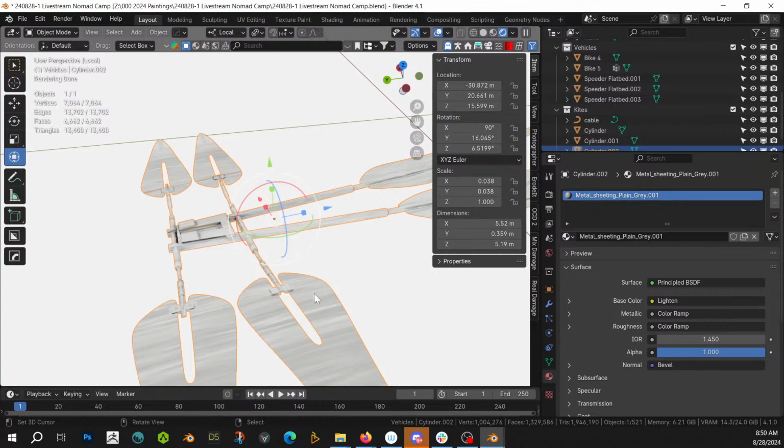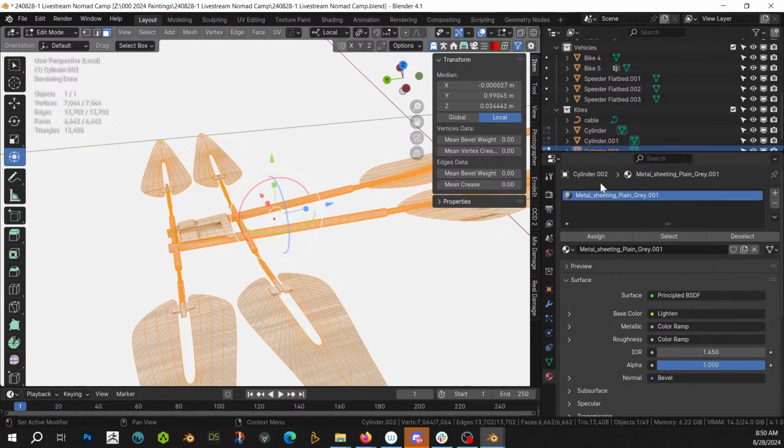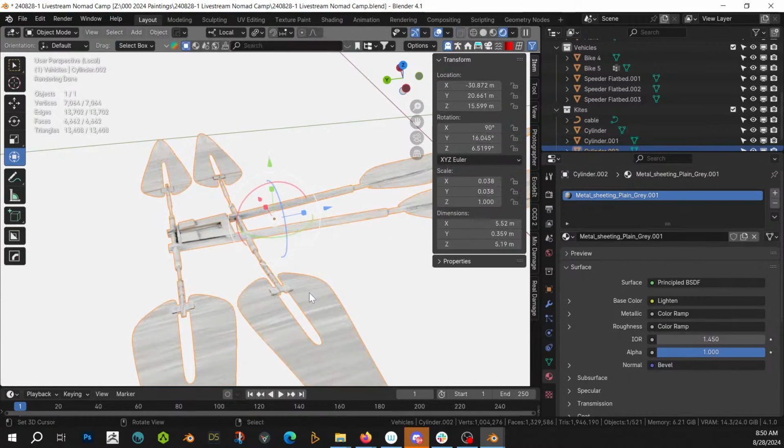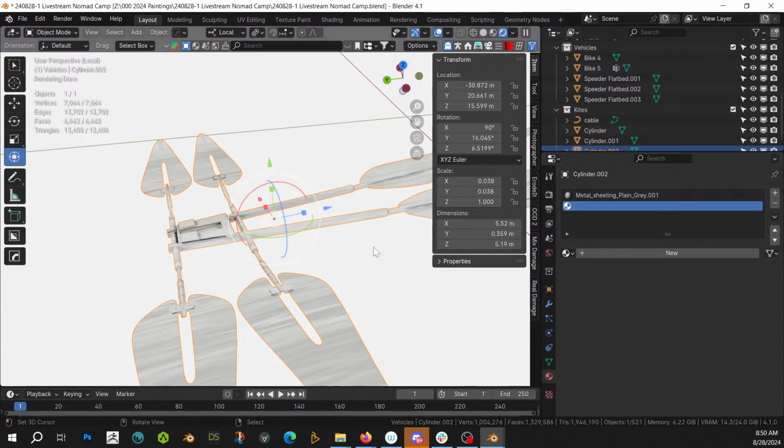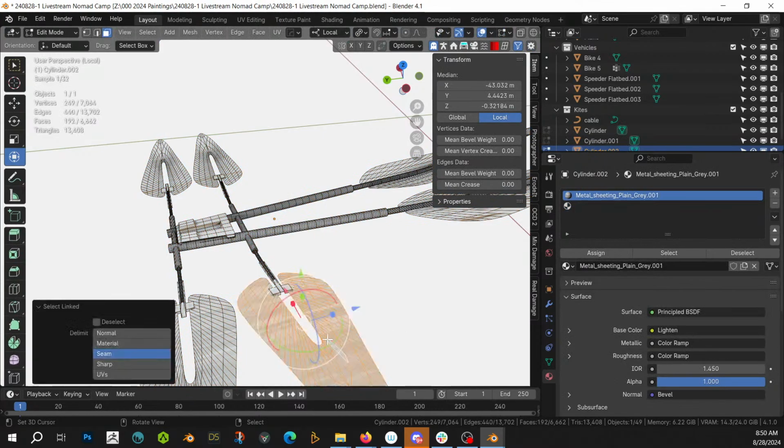Oh, the scale is off on it. That's okay. We'll fix that in a minute. They all need to be their own objects first, and then plus tab L L L L L L